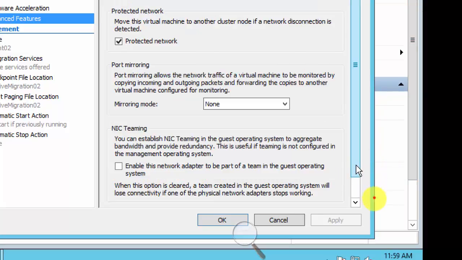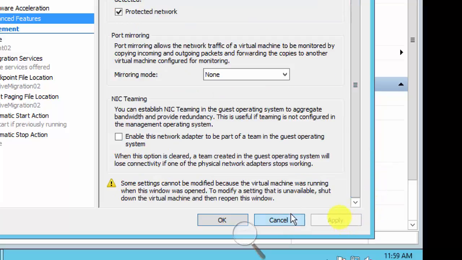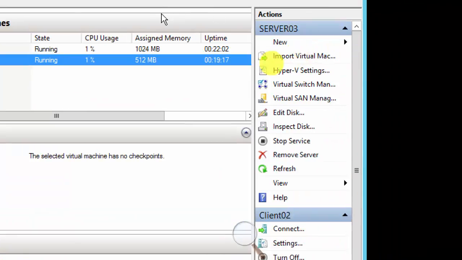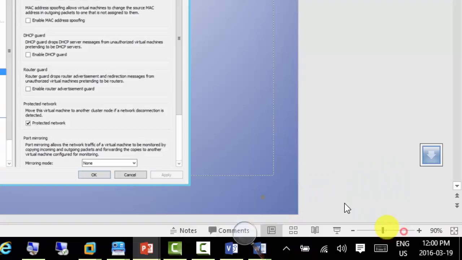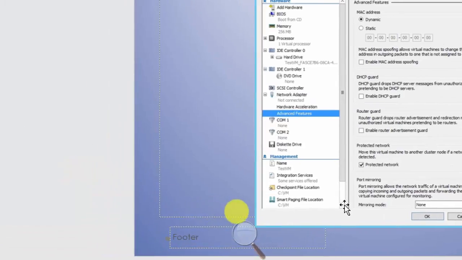Well, in the end we can test it. For now, I just need to end NIC teaming, which we discussed already. Okay, let's just go for the replication. So I'm just going to go back and